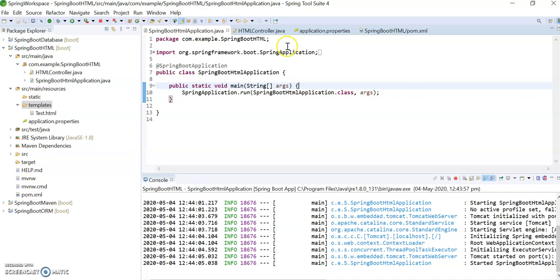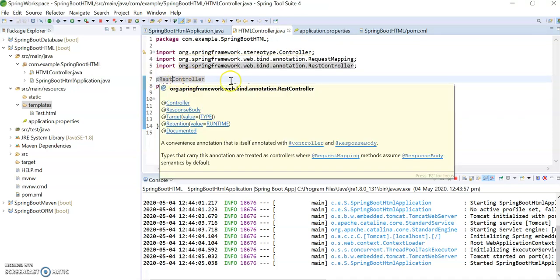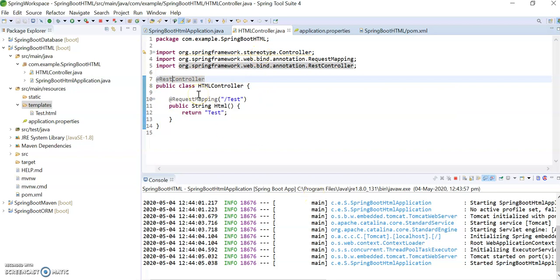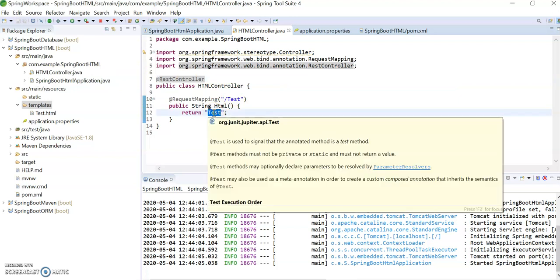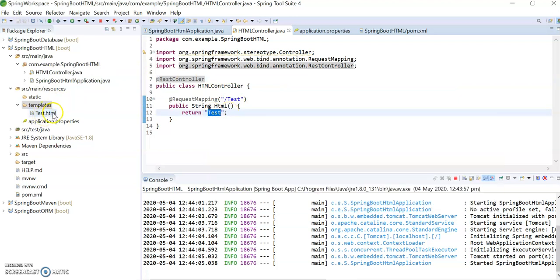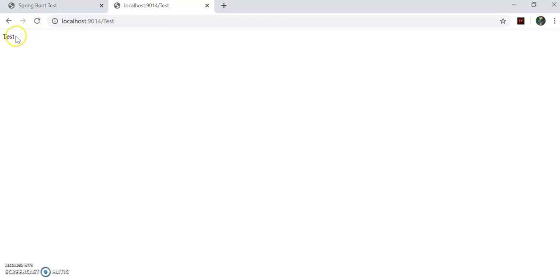Now one difference I made: I removed Controller and instead put RestController. As I already told, it will return only the string test and will not link to test.html. See, if I refresh this one, it is just printing the value we mentioned in the return.